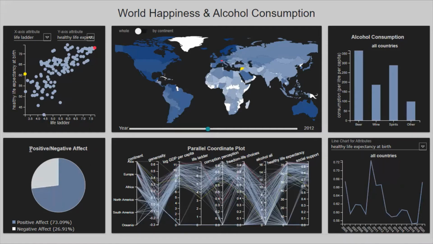We can also see the positive and negative effects in the pie chart right over here. The positive effect is an average of happiness, laughter, and enjoyment experienced the previous day by the respondent, and the negative effect is an average of worry, sadness, and anger.